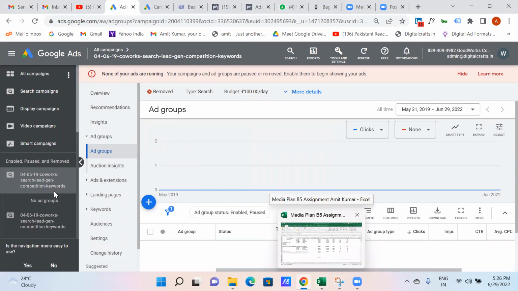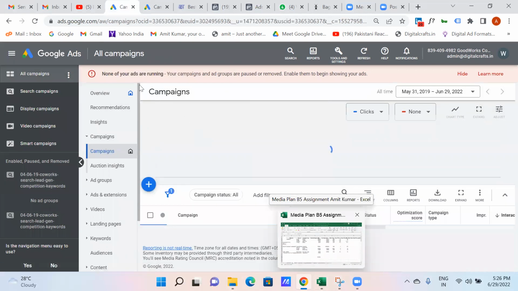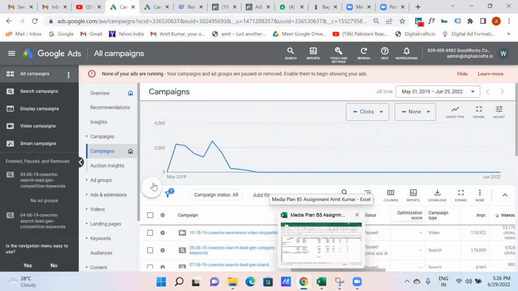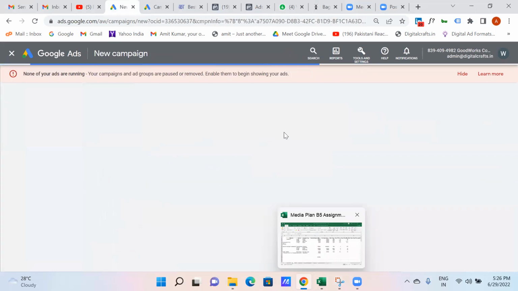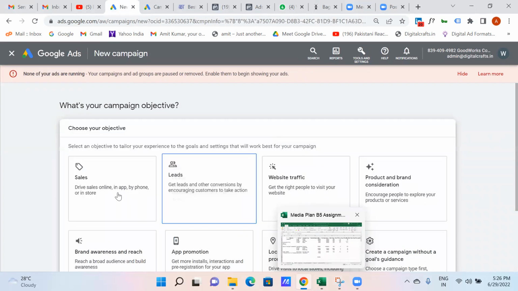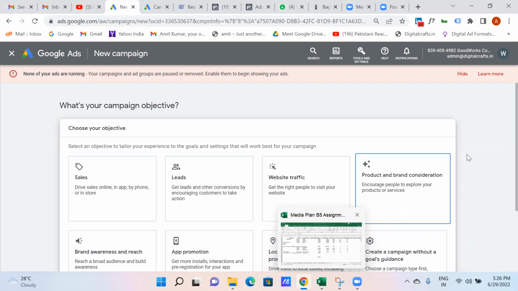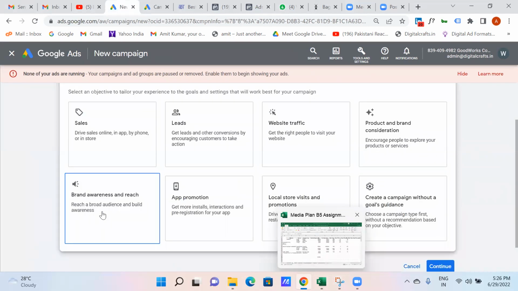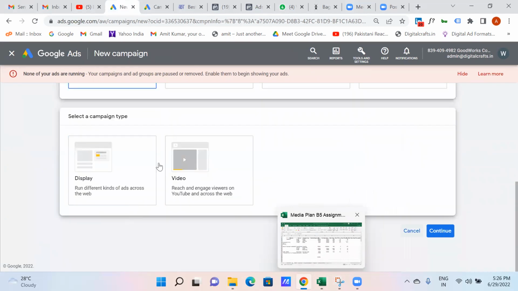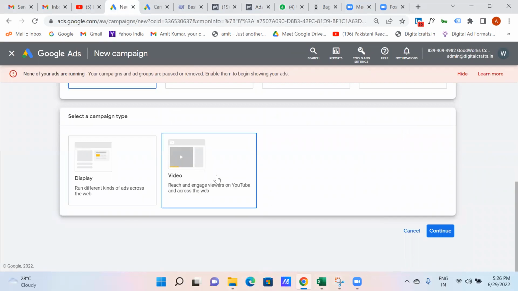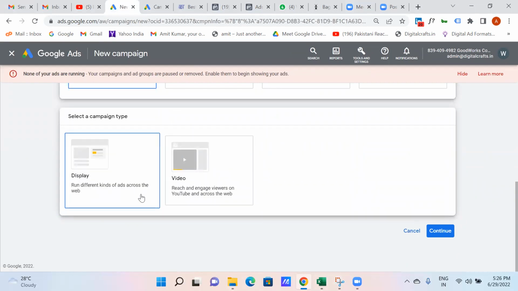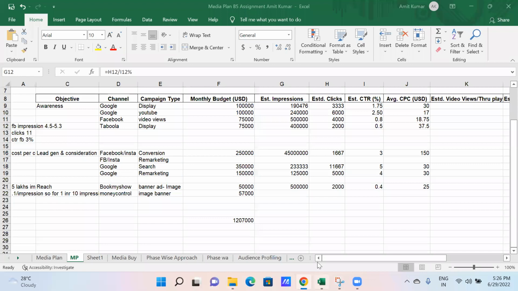If you just go back and do the basic setup just by clicking the type of campaign. So I did both ways. I chose the brand awareness, and then I'll go to YouTube video and display. So both ways I have taken, and then I have used those impression or other data